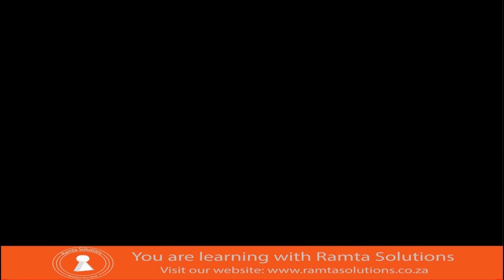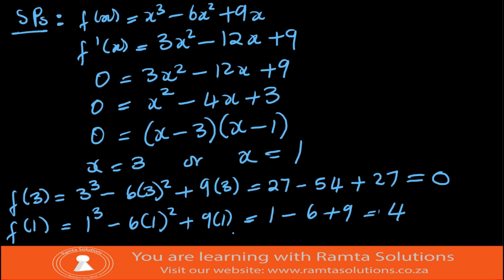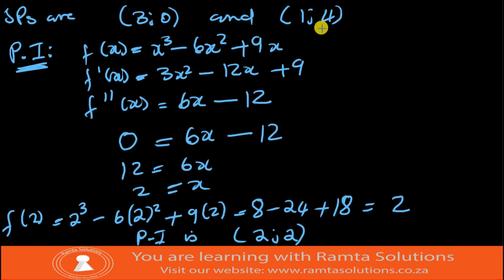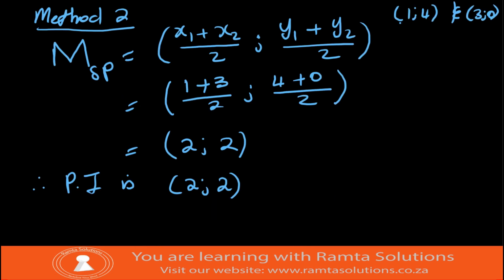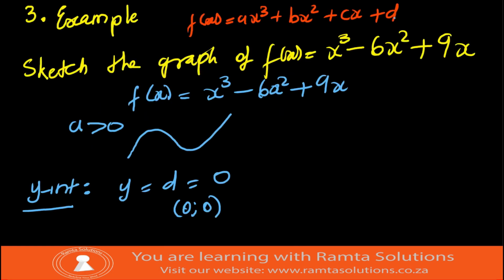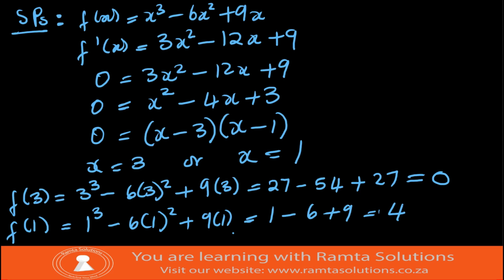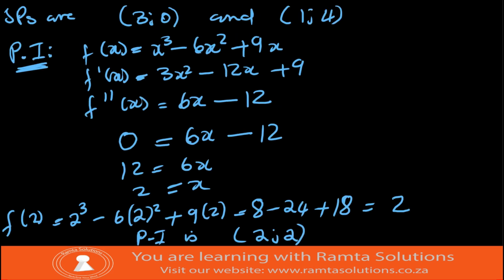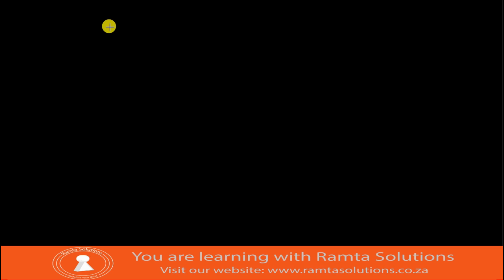The maximum y value, let me confirm, was 4. The minimum was 0. Yes, the minimum was 0. The maximum x value is 3, minimum is 0. Right? Yes. Okay. So what we can do, I will now plot. When we sketch it, we have